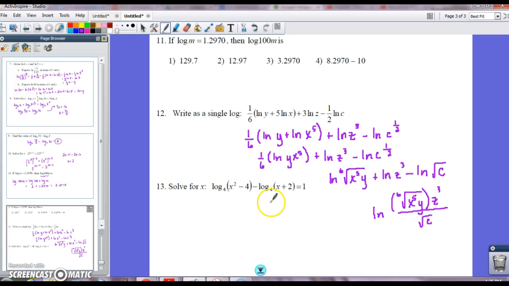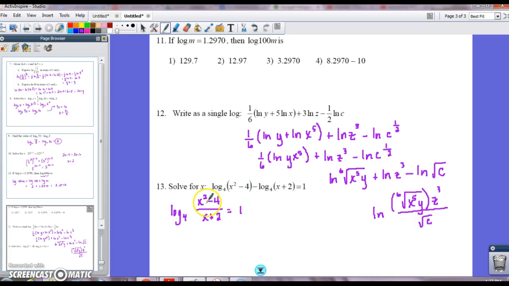Problem number 13 then is just solving a log equation. So I'm going to undo my quotient rule. I end up with log base 4 of x squared minus 4 over x plus 2 is equal to 1. Now,